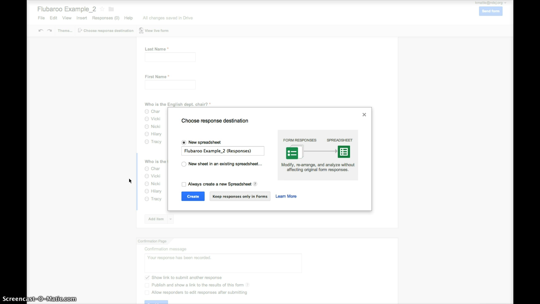Now, the cool thing with this new interface is that whereas before, the Google Drive basically just automatically created this spreadsheet for you, now it's actually asking you, do you want a spreadsheet? Where do you want it? Do you want it in an existing spreadsheet? It actually gives you a couple of more options, but I also see it as a bit cleaner interface, so